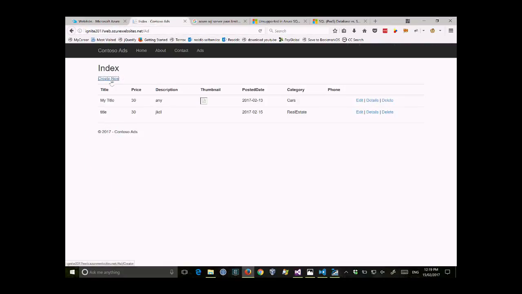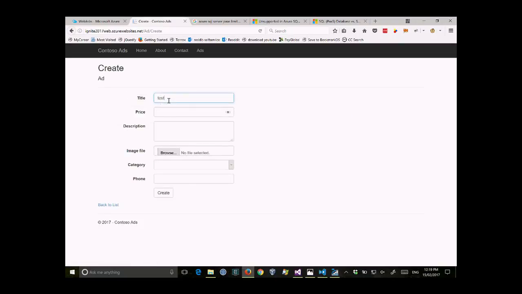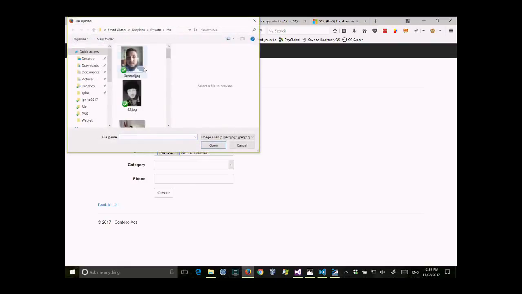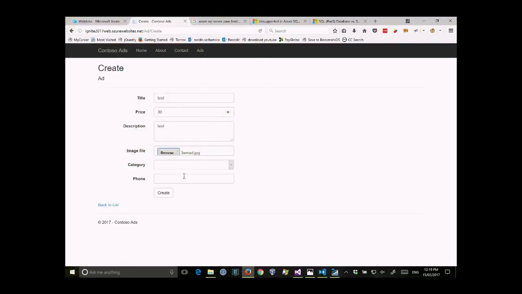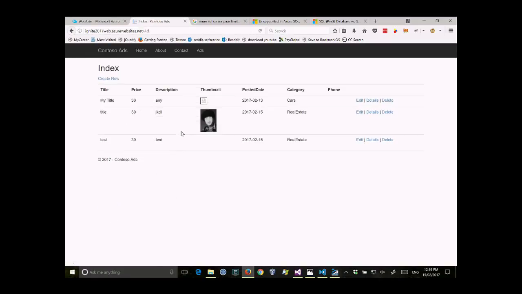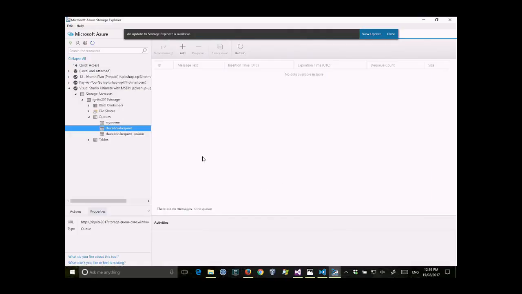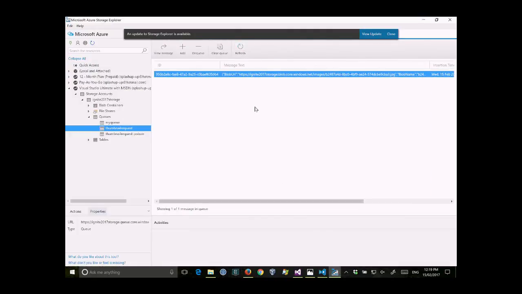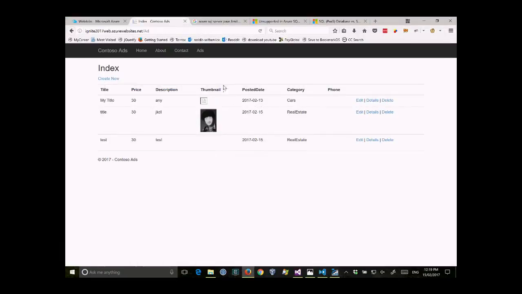Yes. Go back and create another one. Test 30, test, browse, put another one. Category, create. Here you see, this is from the previous request. It was pulled and the thumbnail was generated. So if we go back to the queue, I hope it's there. Now this is the queue that the message was written to. Think of this as MSMQ. Now if I start the web job,